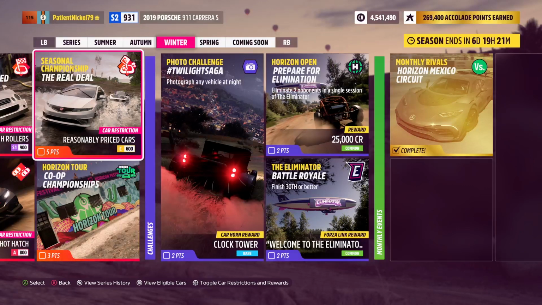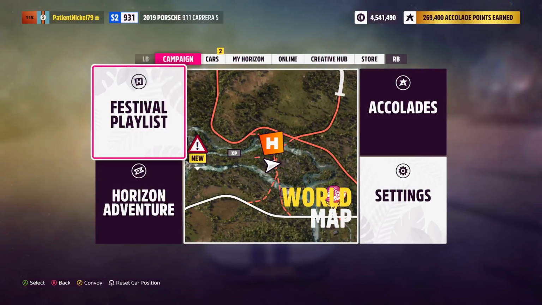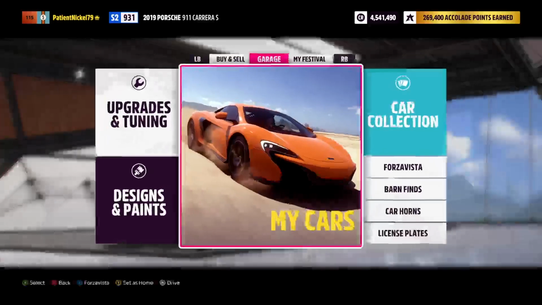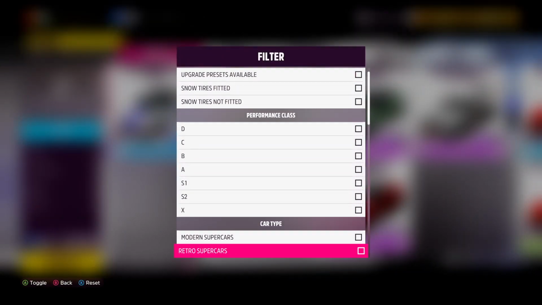And the car restriction is reasonably priced cars, which is very much a reference to the star in a reasonably priced car from Top Gear. So reasonably priced cars at C600. So let's go into our playlist here, or into our garage. Let's see if we already have a reasonably priced car